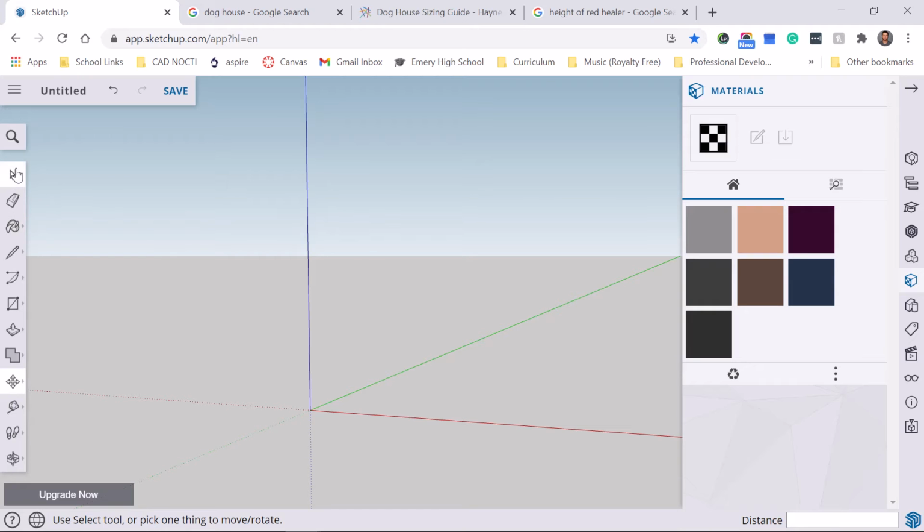Alright, your top tool is your select tool. You have an erase tool. And if you hover over it, it tells you what it is. Here's your paint tool. Here's your line tool. This one lets you do arcs. This one lets you do rectangles. This one lets you extrude. They call it push-pull. So you take a 2D object and it lets you pull it out into a 3D object. Here is your outer shell tool